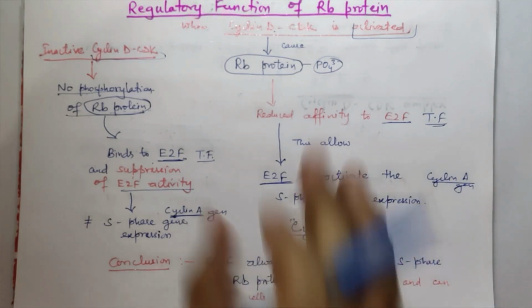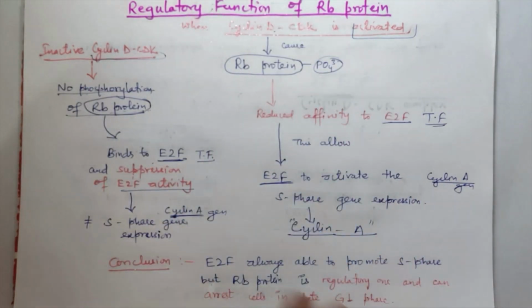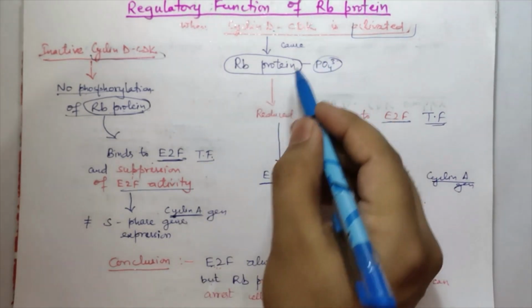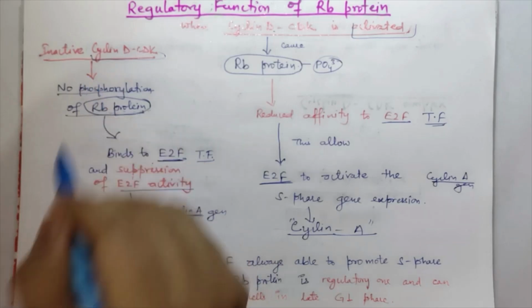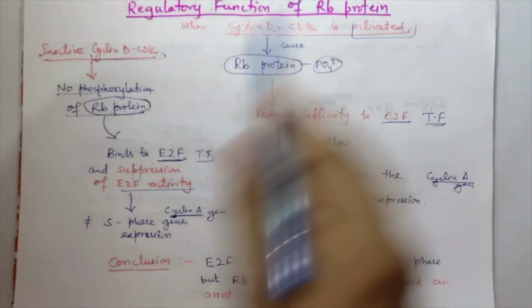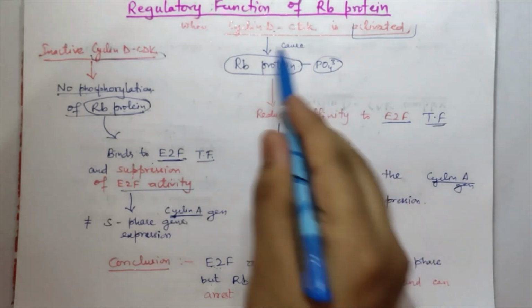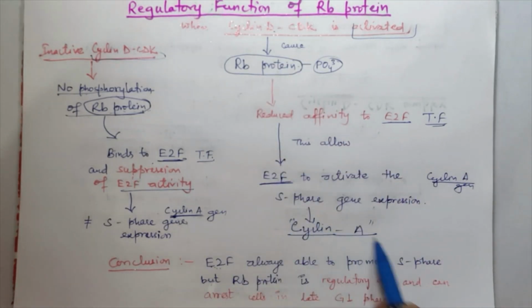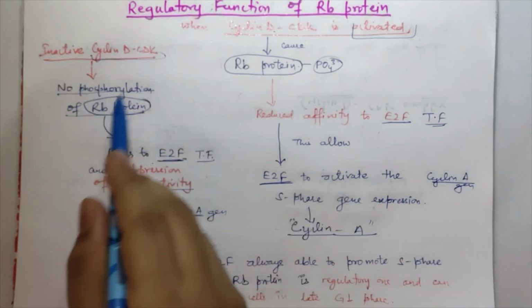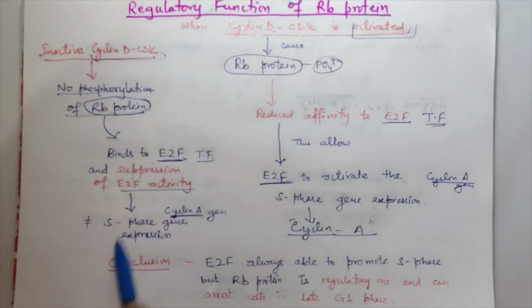So from an exam point of view, E2F is a transcriptional factor that is always able to promote S phase. But the RB protein is a regulatory one, and it can arrest the cell in late G1 phase depending on whether it is phosphorylated or not. Phosphorylation causes the expression of cyclin A proteins, but when there is no phosphorylation of RB protein, there is no synthesis of